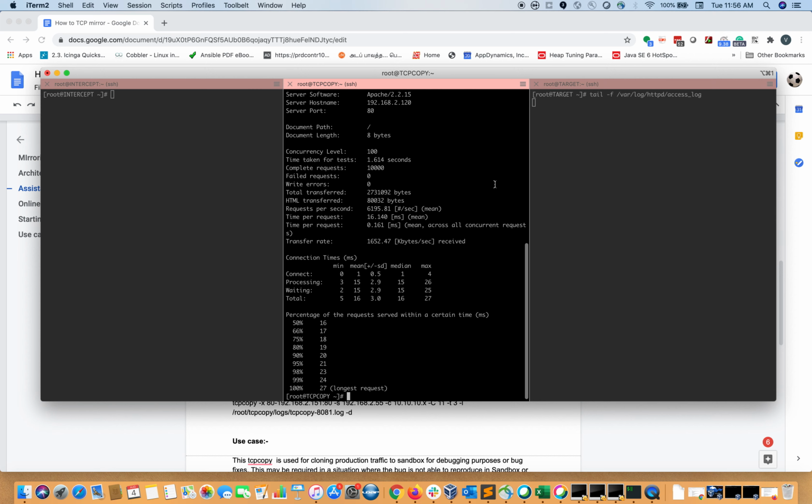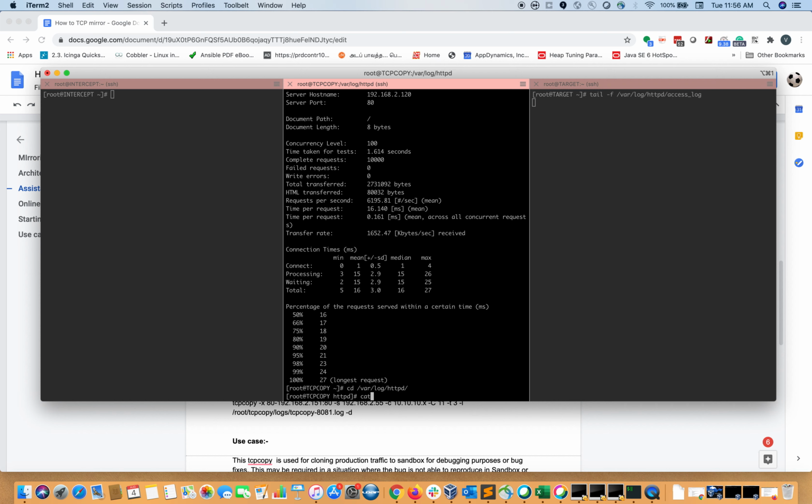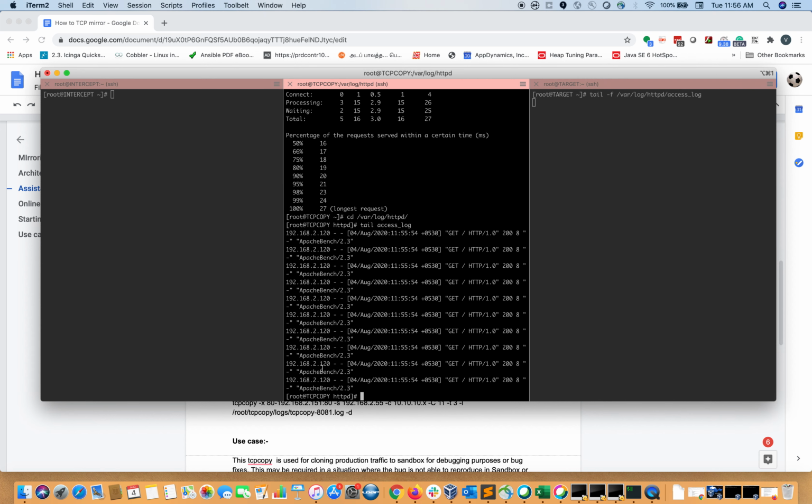Now I am not seeing any traffic on the target server, right? So here if I see the log, httpd, cat access log, I will put tail, right? So I can see some traffic, 200 requests, coming to these production servers.